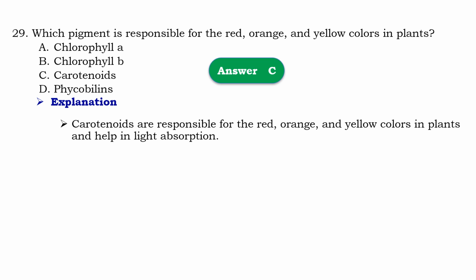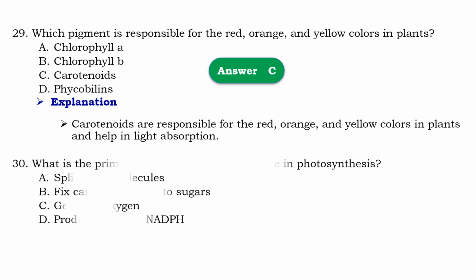Means that carotenoids are responsible for red orange and yellow colors in plants and help them in light absorption. ስለዚህ ካሮቲኖይዶች አንድ እጽዋት ቅጠል የሎ ከለር ኦሬንጅ እና ሬድ ከለር እንዲኖራቸው ያደርጋል እነኚህ ከለሮች ደግሞ የተለያዩ ላይት አብዞርፕሽን ይጠቅማሉ ማለት